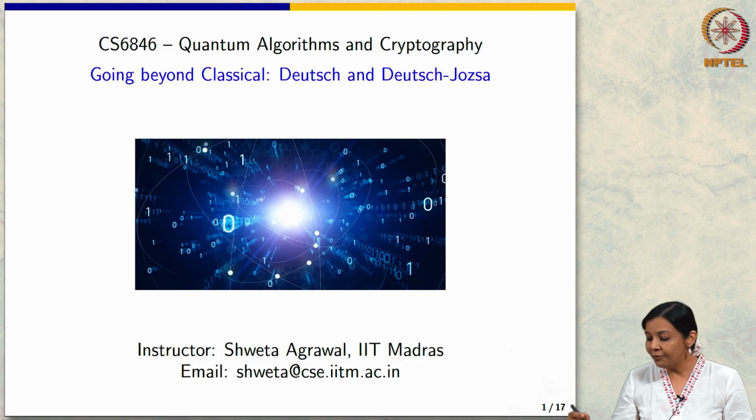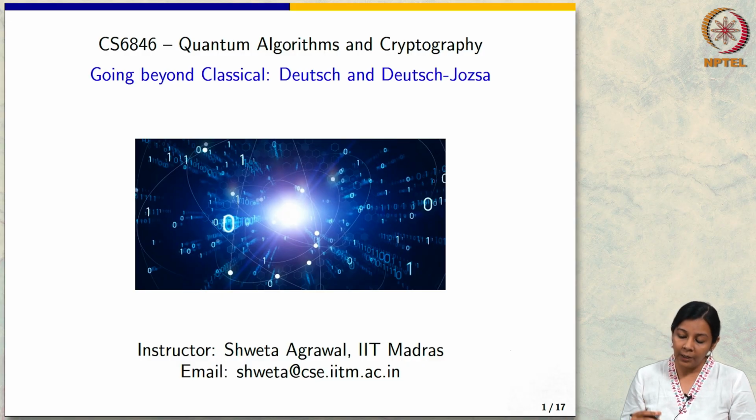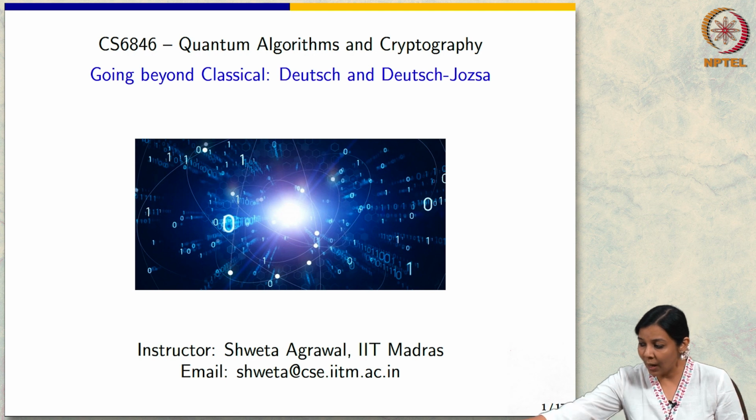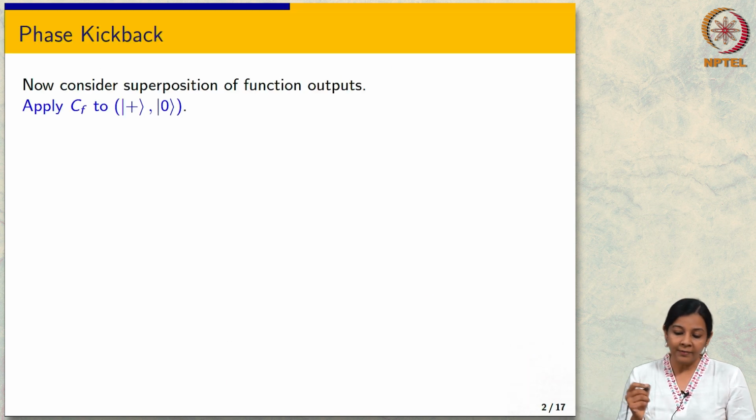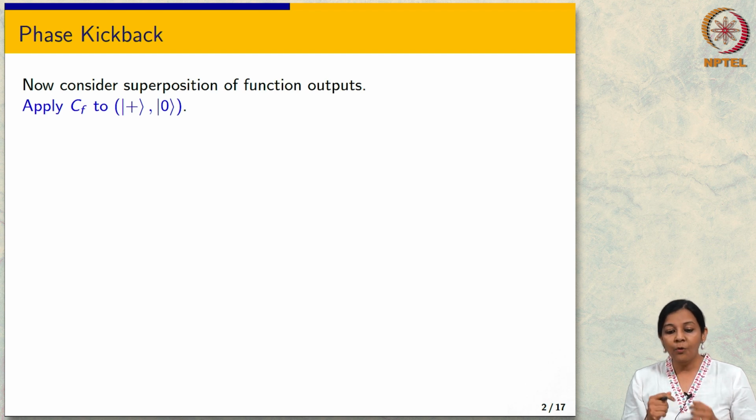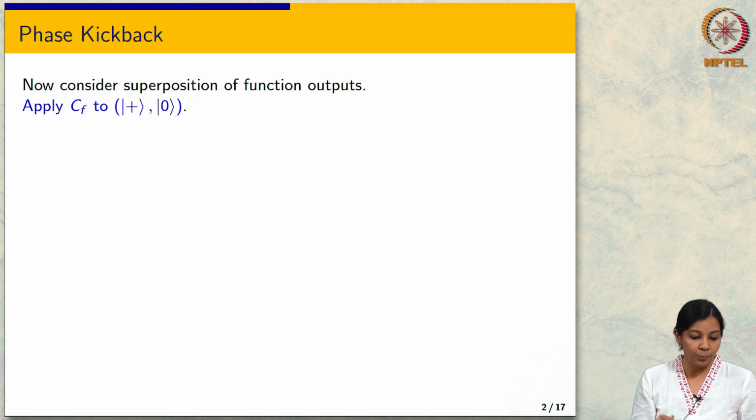Okay, so the plan for today is to talk about these two algorithms, the Deutsch and the Deutsch-Jozsa algorithm. First, I'd like to start with a trick that we use in quantum algorithms, called the phase kickback trick. Remember that last time we already talked about developing the superposition of the input-output